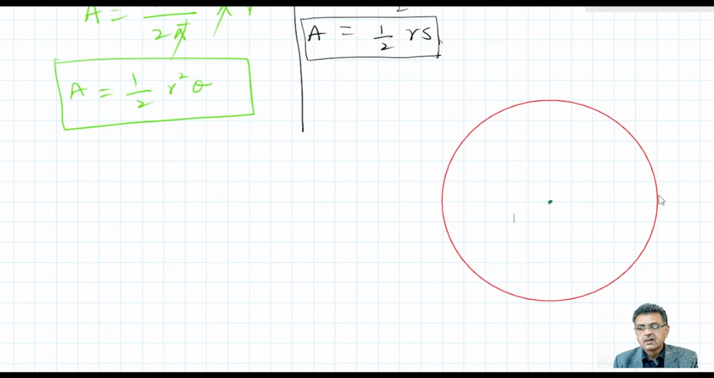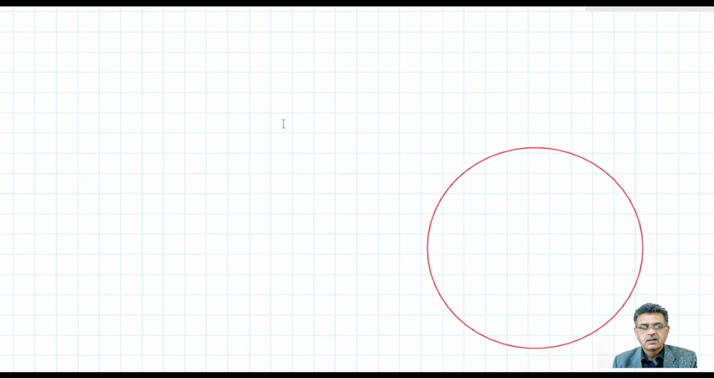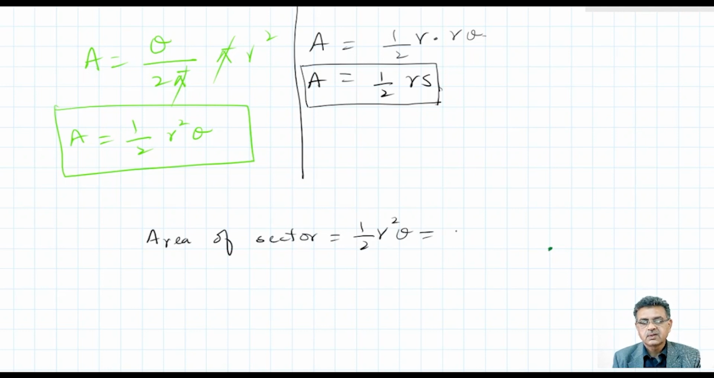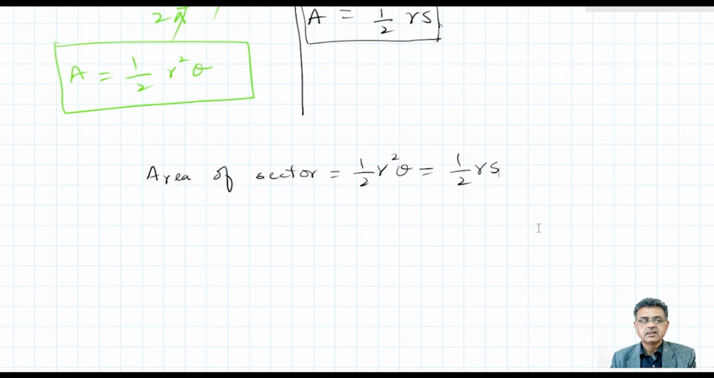So now you can say that area of sector can be represented in two different forms. So area of sector is half r square theta or half rs. That means if the value of length of arc is given, then simply half rs we can apply this formula to find area of sector. Okay,